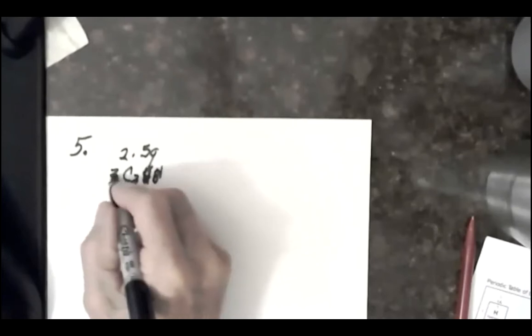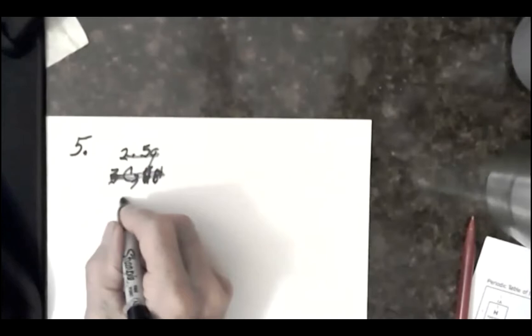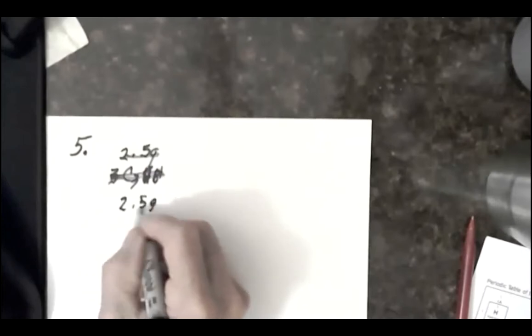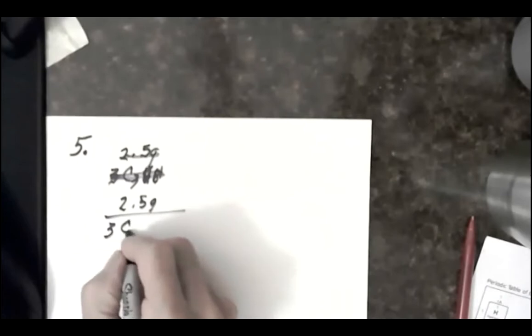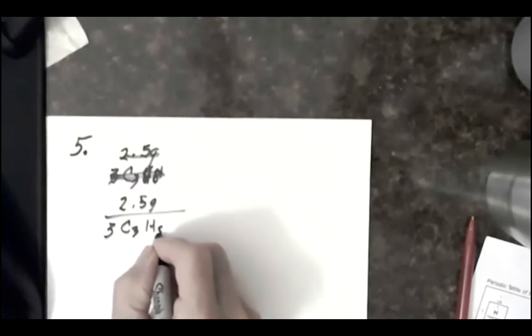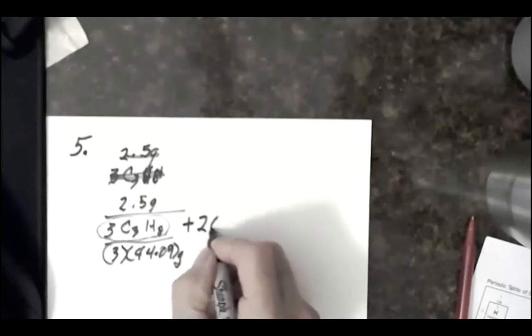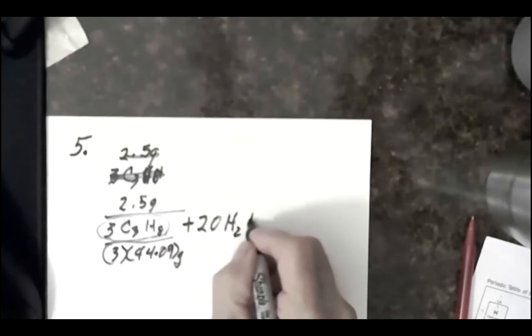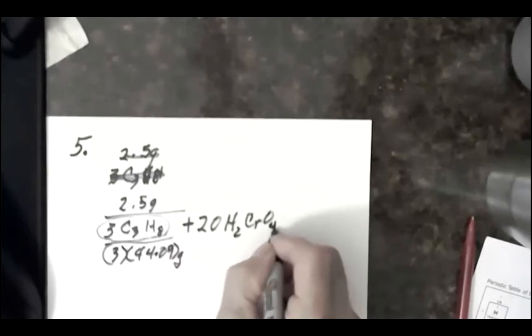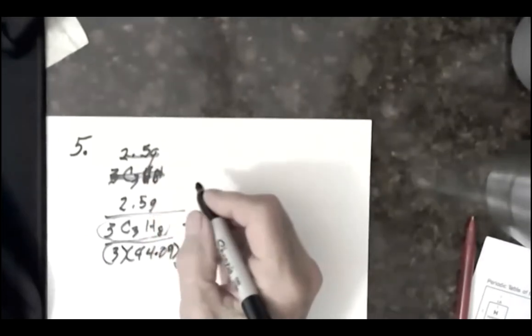H8. Let's do it again. 2.5 grams, and it's 3C3H8. The equation is showing 3 times 44.09 grams of the propane. That's reacted with 20 H2CrO4s. The amount that's given in the problem is 75